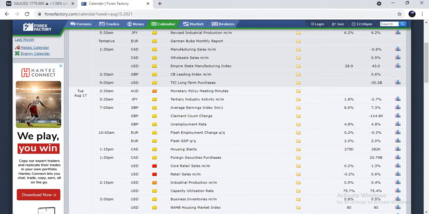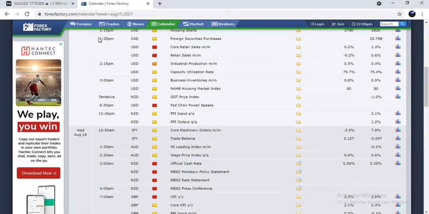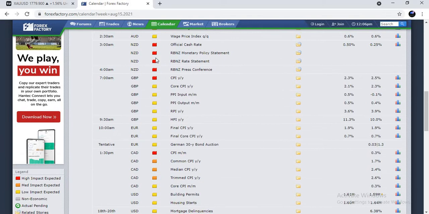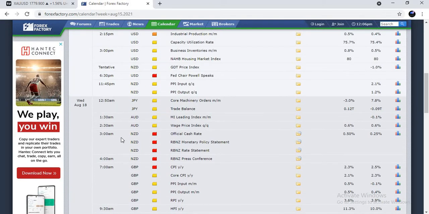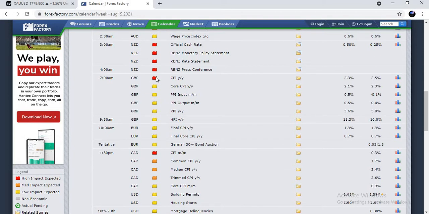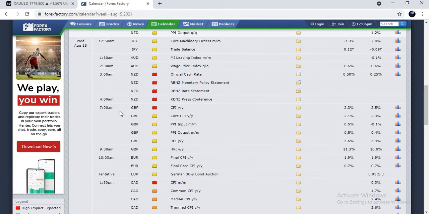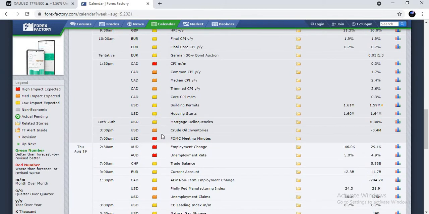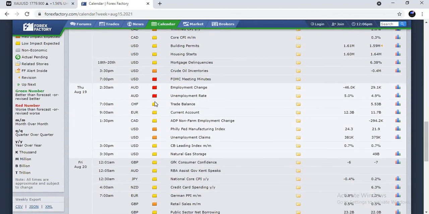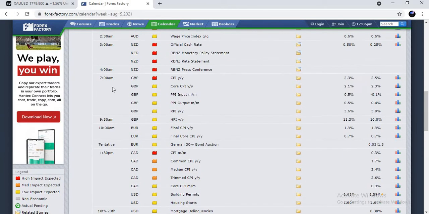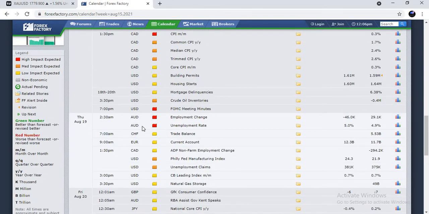So USD is a pair we should avoid trading on Tuesdays before this time and this time. NZD is a pair we should avoid trading before this time and this time. GBP is a pair we should avoid trading on Wednesday by this time. You can just check forexfactory.com to see the times you should avoid trading these pairs, because this time is according to my own time zone, and this time might not be correlating with your own time zone. So you should check forexfactory.com to see these pairs that you should avoid trading according to your own time zone.